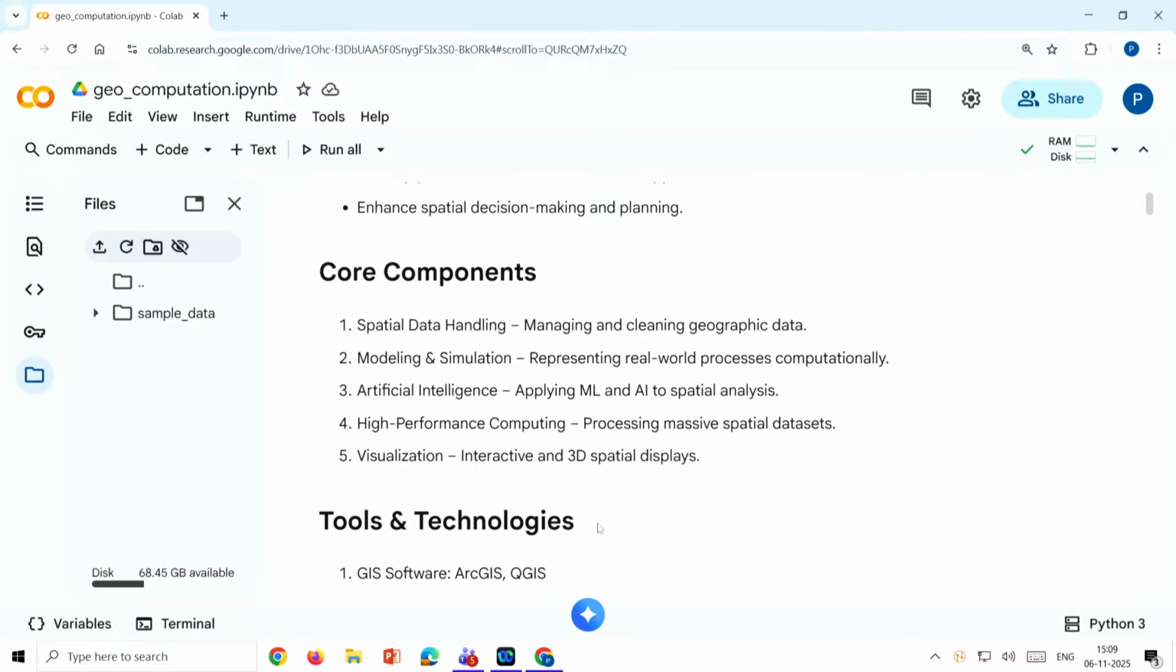Today, AI is the buzzword. Everybody is talking about artificial intelligence and machine learning, right? Now applying different machine learning and AI algorithms to spatial analysis has become a core component of geocomputation. Artificial intelligence techniques are also becoming a core component of geospatial analysis,